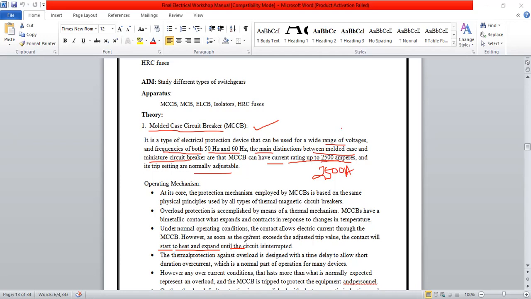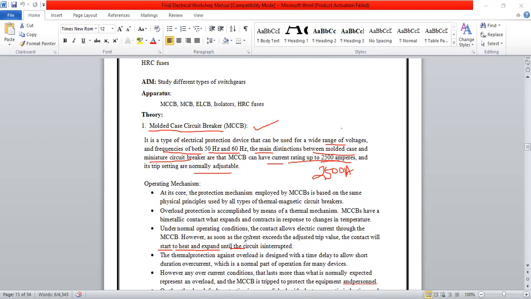So see, if you are using it in your home appliances, sometimes it is used for 6 ampere or 10 ampere rating. If the circuit breaker is used for a heater, that means one of the domestic equipment like a heater, or it may be your fridge, for that it should be connected like a 16 ampere switch, or it will act as a 16 ampere protecting device. Then again, if we increase the rating, it may be 32 ampere, again 66 ampere. So its rating will increase.